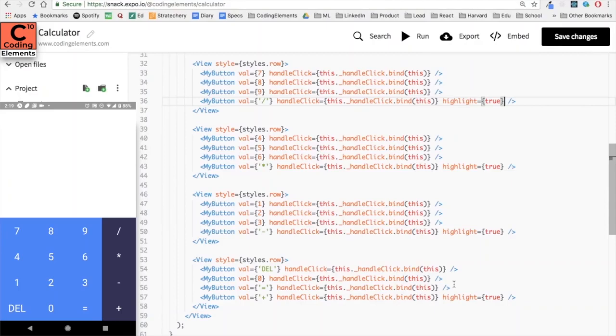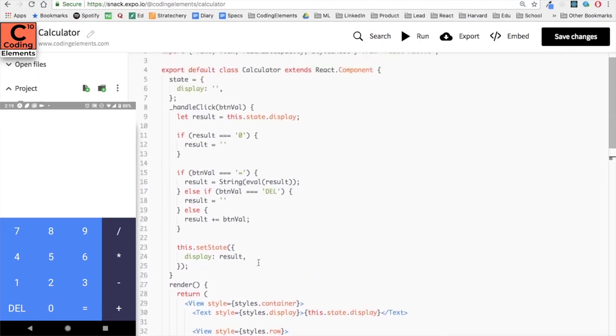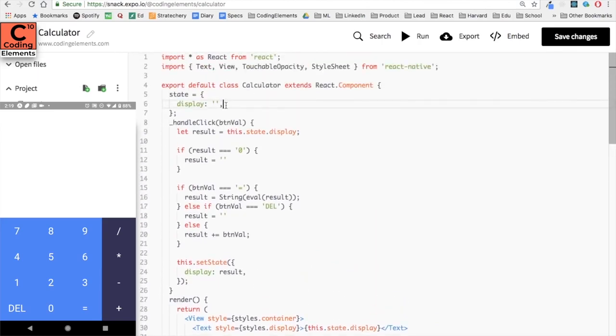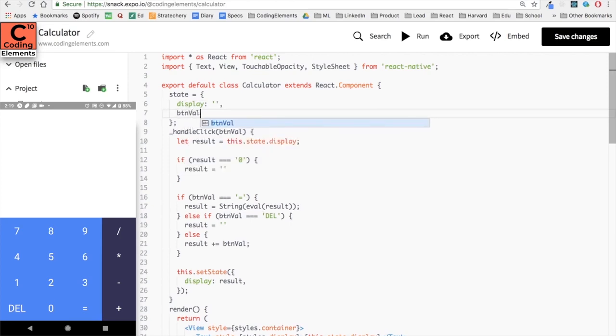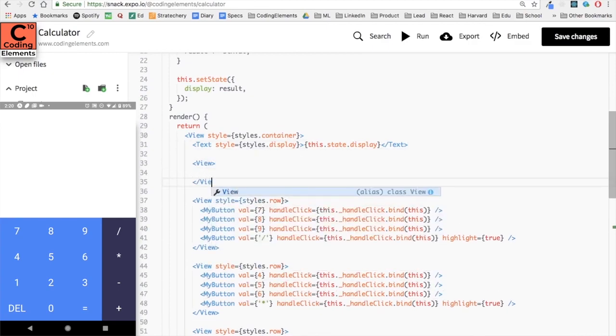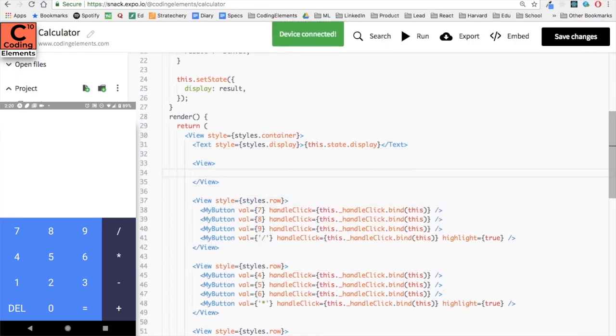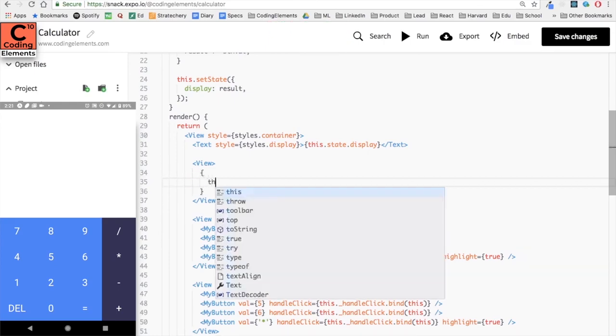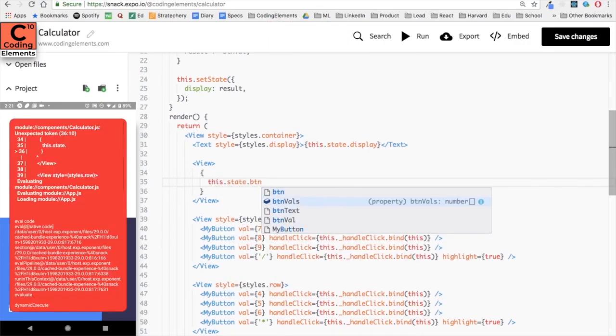Now we can see that we have displayed many buttons in the calculator, and most of the time their code is the same and only the value we put in differs. So in order to condense it more, we'll save all the button values as a list in our state. For once, let's add 7, 8 and 9 in the button vals, and to display it, we'll make a separate view tag in which we add curly braces to bring in interpolation.